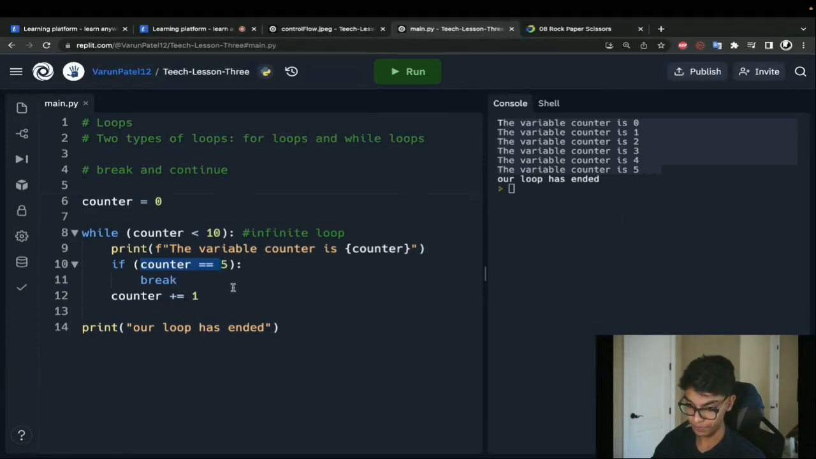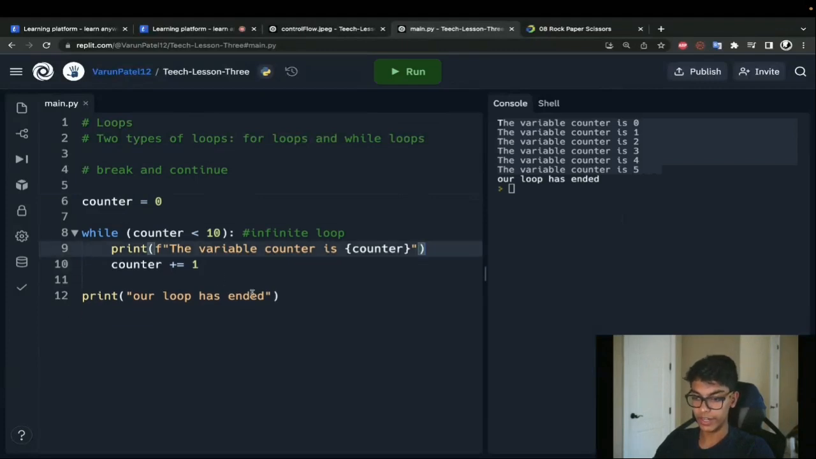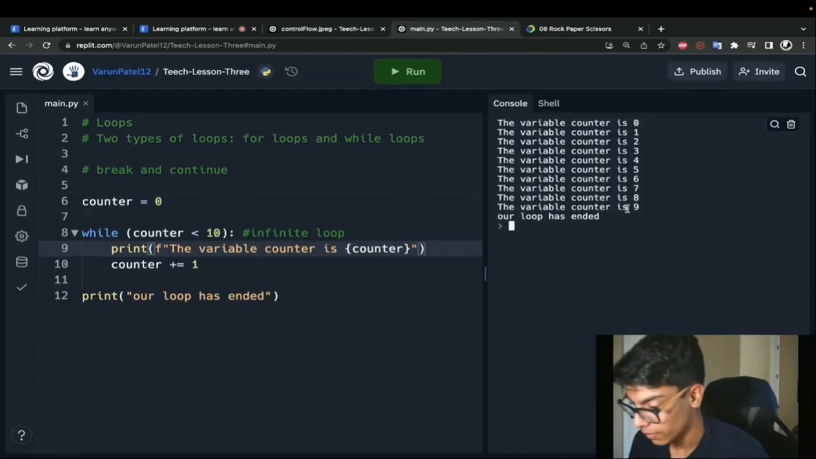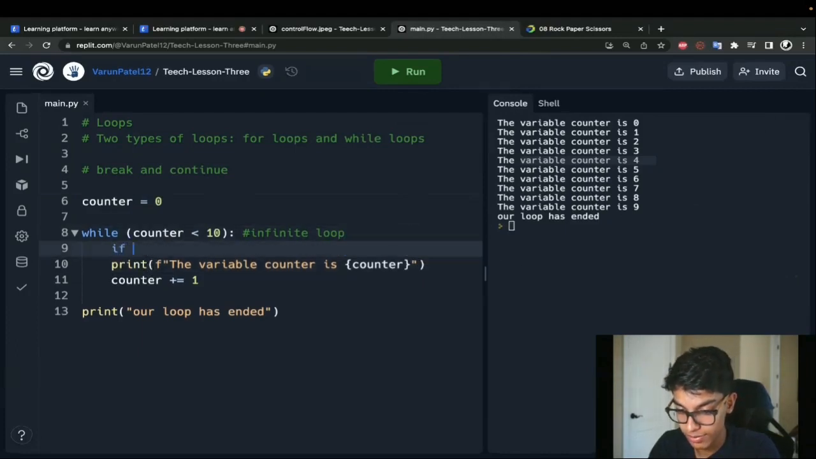Okay? What about that continue keyword? So I'm going to get rid of this break thing. And what if I don't want it to? So yeah, we're back to our normal thing. And what if I don't want it to print that 4, but I want it to go all the way to 9 still? Well, I can say if